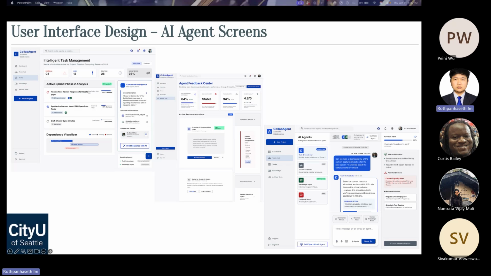This screen highlights the AI-specific capabilities. Several specialized agents operate within the system. A task recommendation agent identifies priority, a collaboration monitor evaluates team health, and an advisor assistant agent generates intervention suggestions. A knowledge agent retrieves relevant information through RAG. Together, these agents create a collaborative intelligent layer that supports decision making.